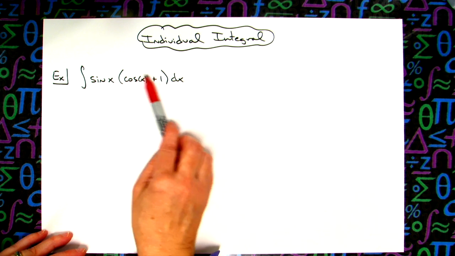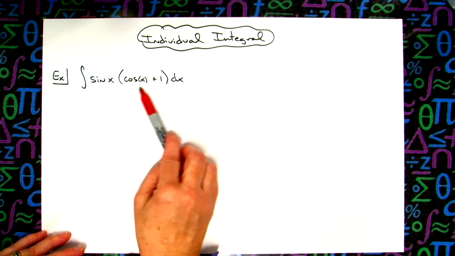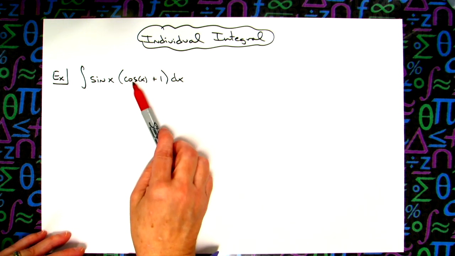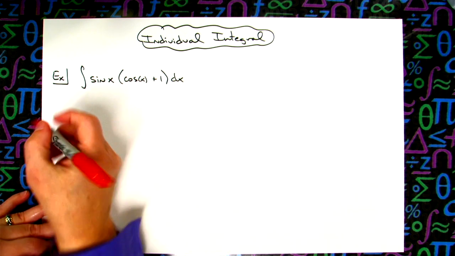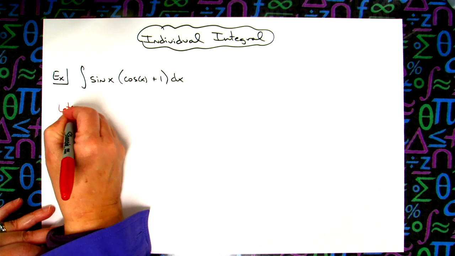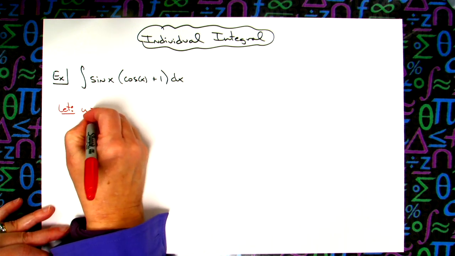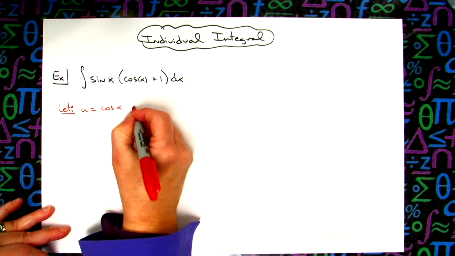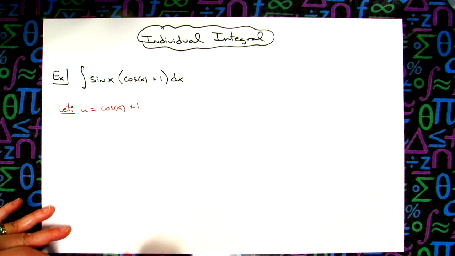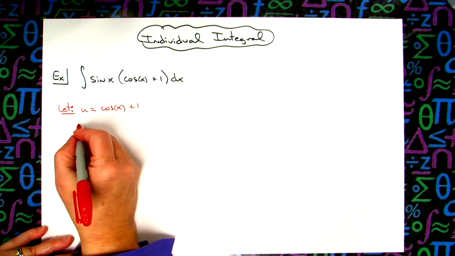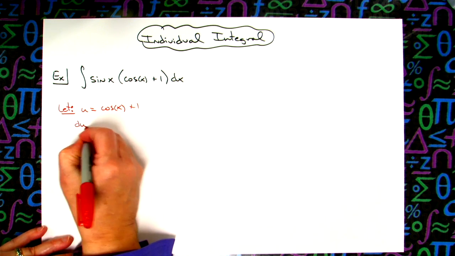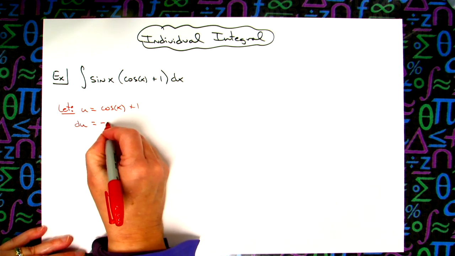Because then when we do that, if we think ahead a little bit, we'll see that the derivative of that cosine is going to be a negative sine, which is going to allow those signs to cross out. So we're going to start with letting U equal that cosine of x plus 1. Let's put a set of parentheses around there just to make sure that we know what we're looking at here. We'll take the derivative of both sides, so we'll have a du is equal to a negative